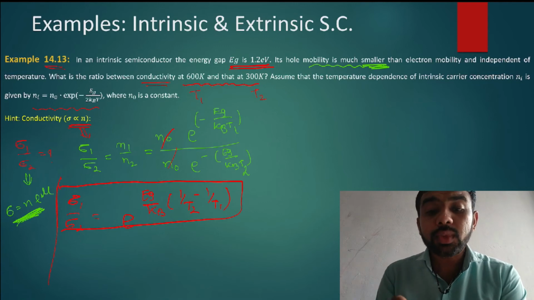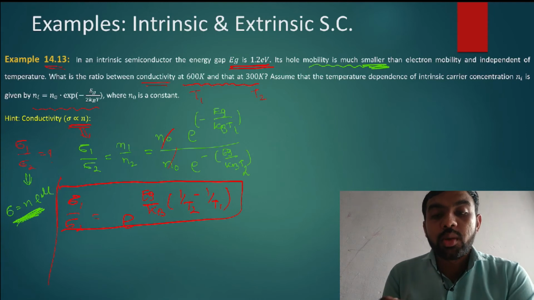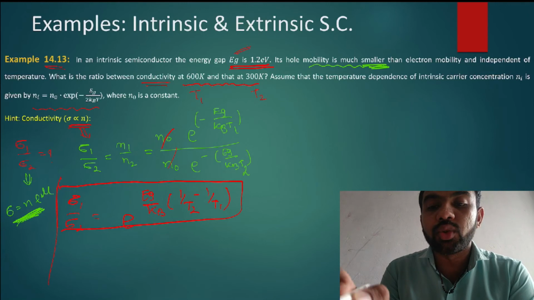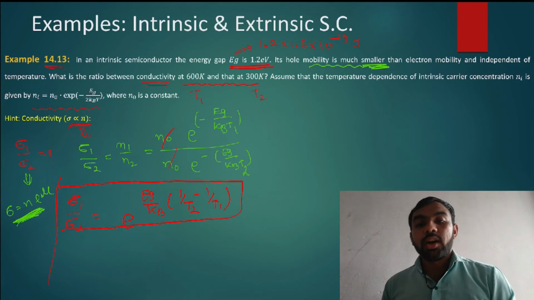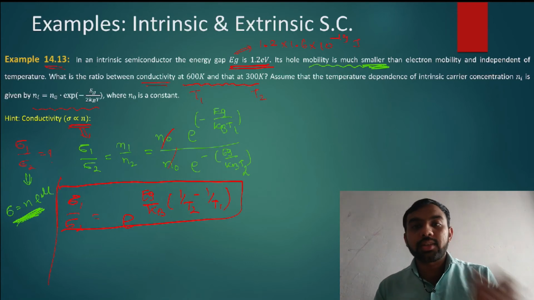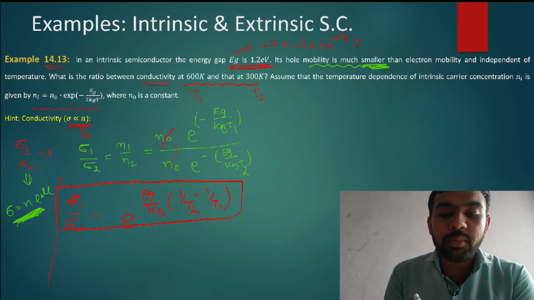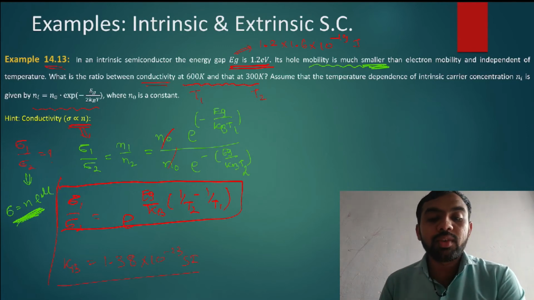Now in this relation, suppose Eg is given, kB is known, all this data is known, but Eg is in which unit? Electron volt. So you must convert it into joule. So Eg is equal to 1.2 into 1.6 into 10 raised to minus 19 joule. अगर आप इलेक्ट्रॉन वोल्ट में वैल्यू रखते हैं तो आपका आंसर कैसा होगा? रॉन्ग होगा. आपको उसका आंसर किस में रखना होगा? जूल में. और यहाँ पे kB क्या रहेगा? So kB is equal to 1.38 into 10 raised to minus 23 in SI.